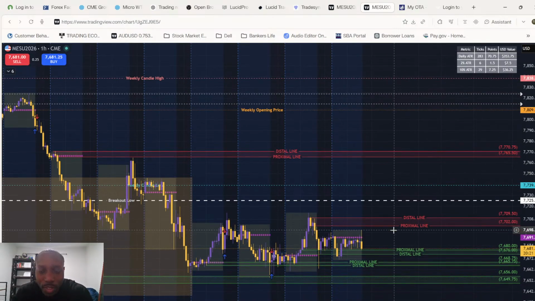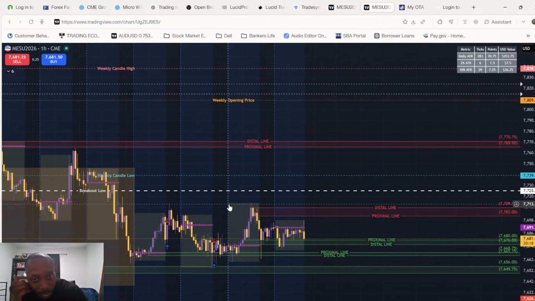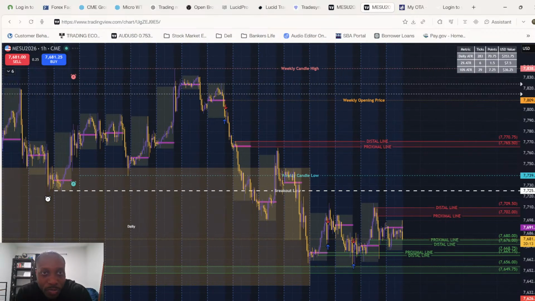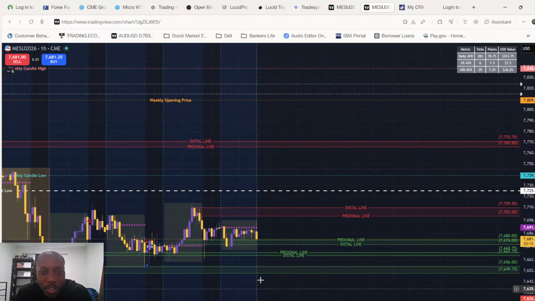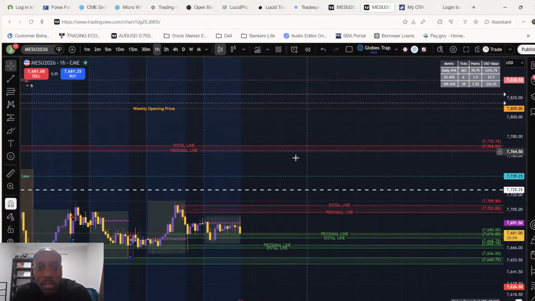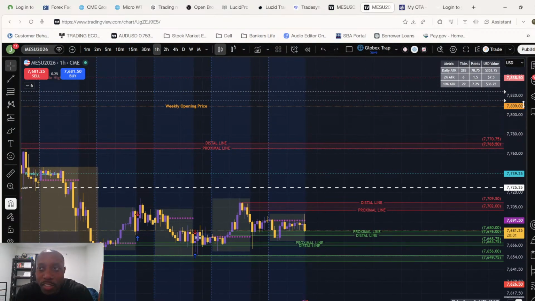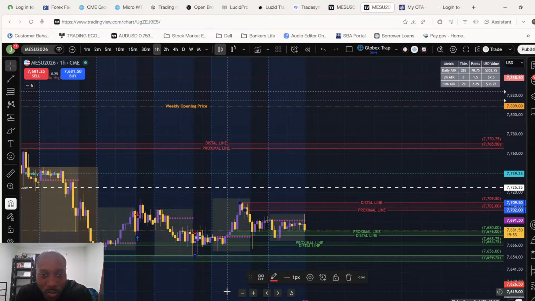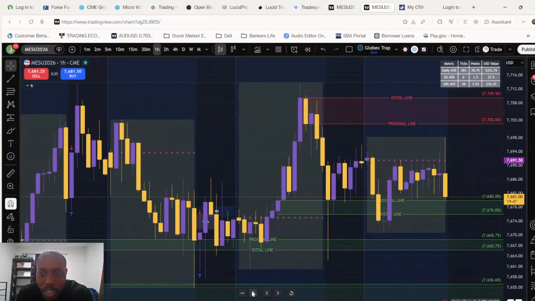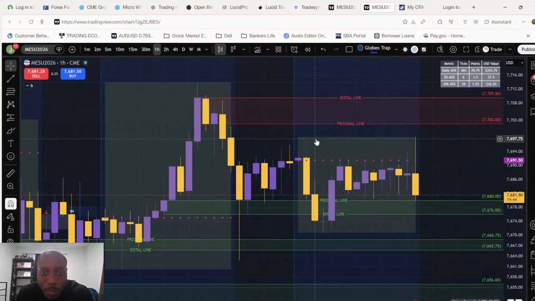So MES, what we're looking at now, it's been pretty bearish over the last week and a half or so. Chances are we're going to continue that. It's not a guarantee, but you always want to follow the trend, or at least I always want to. I had a markup here for a supply zone that didn't get touched. I always do that. But the market is moving away already. Price is moving away, just hitting a demand zone here.